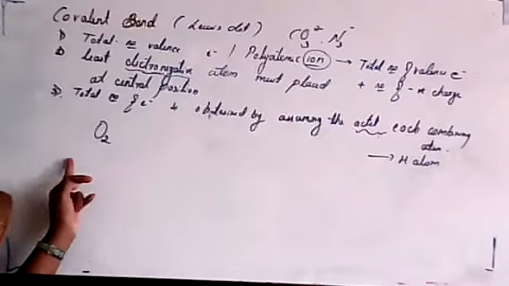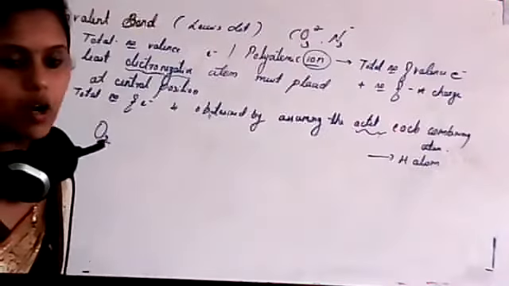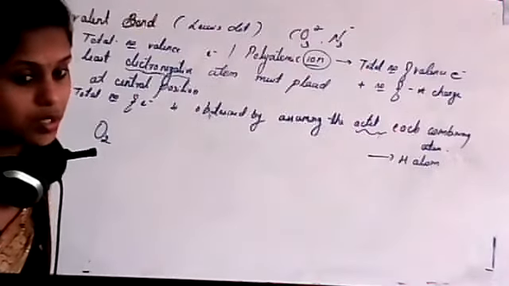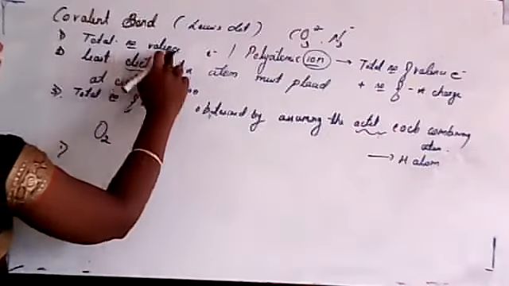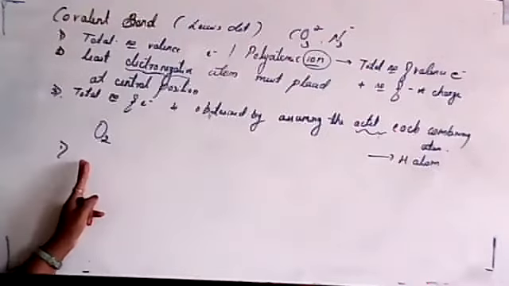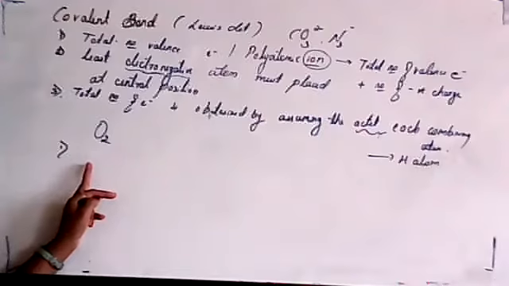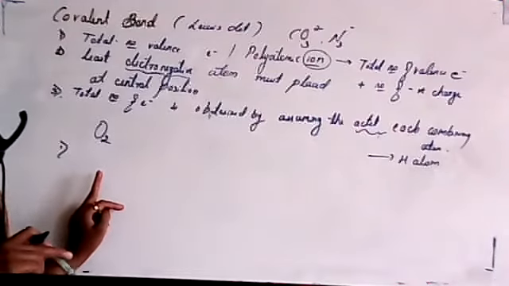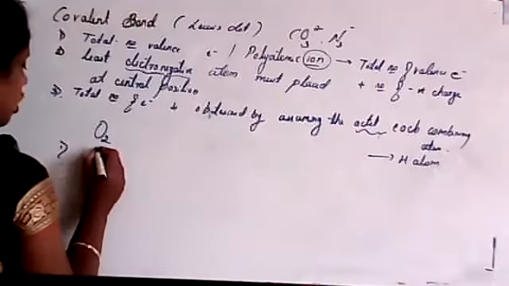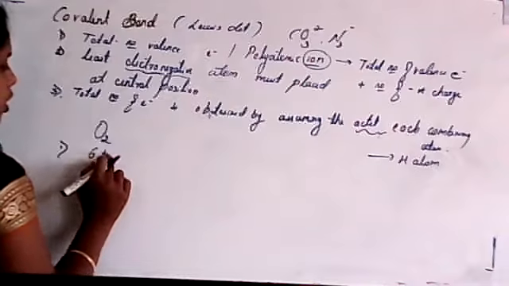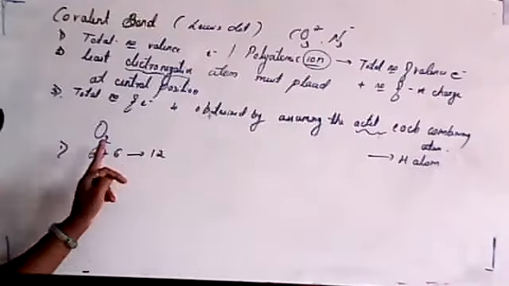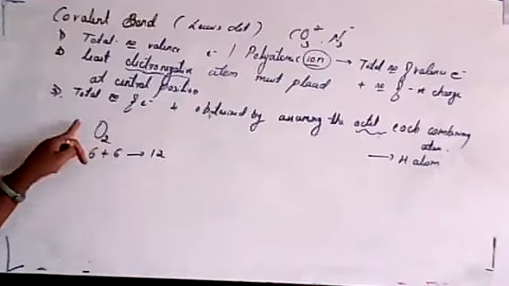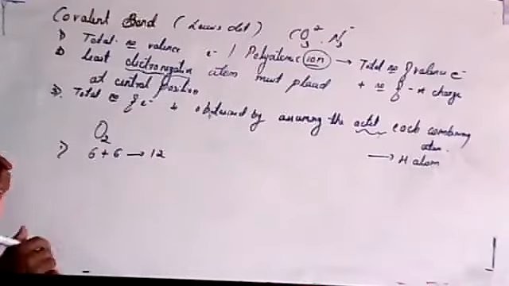We already studied it, isn't it? First one, formation of oxygen. Very important, student. This is very important. First step: total number of valence electrons. How many valence electrons were present in one oxygen, student? The total number of valence electrons is 6. For one oxygen it is 6, and there are 2 oxygens, so that's why it is 12. So the total number of valence electrons for the O2 molecule is 12, isn't it?